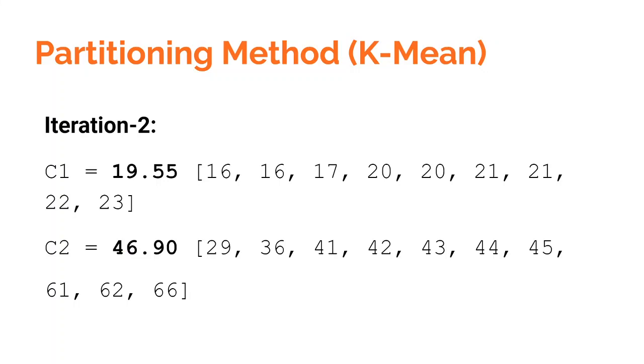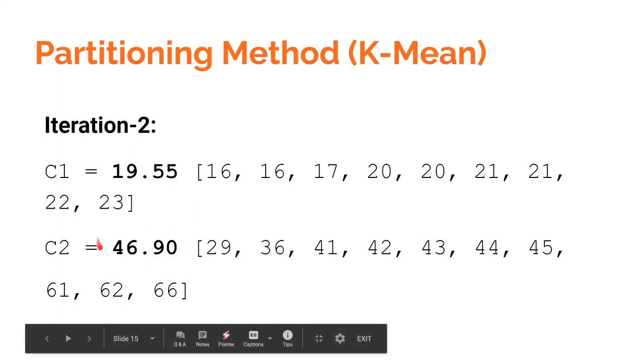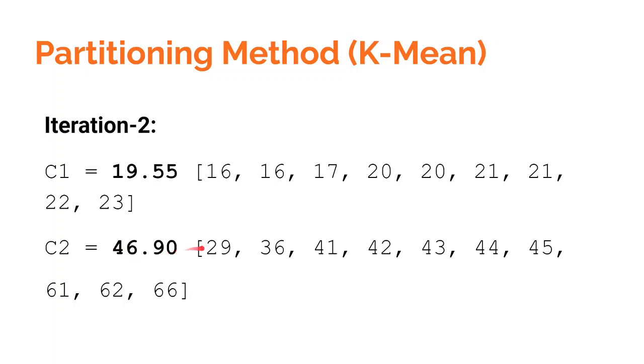Now again you have to perform the third iteration, and the data which is nearer to 20 you need to arrange into cluster 1. Since this is the new updated mean value, those data which are nearer to the value 47, you need to arrange them in the second cluster. Here approximate 47 is the new updated mean from the previous cluster.